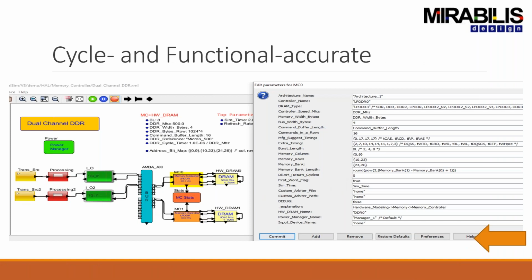So what happens cycle by cycle, both in terms of power and in terms of performance. So you would have things like, for example, not just defining the memory width, but also defining, in this case, the memory